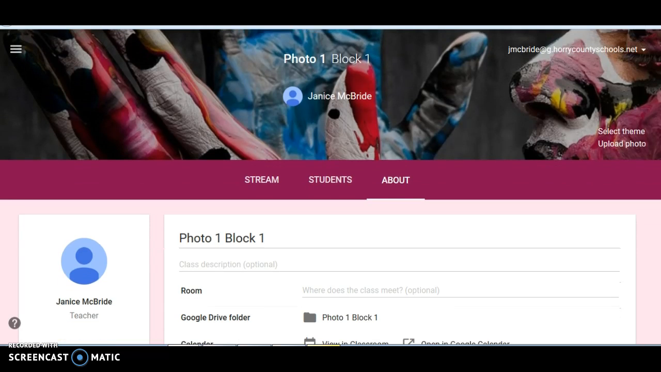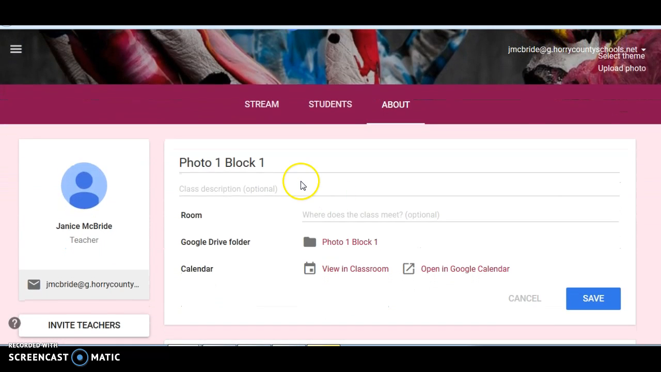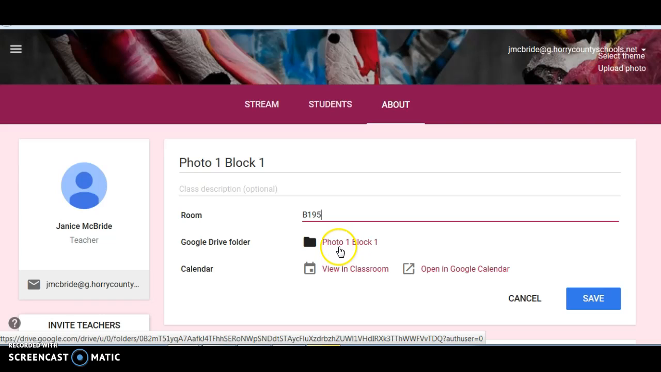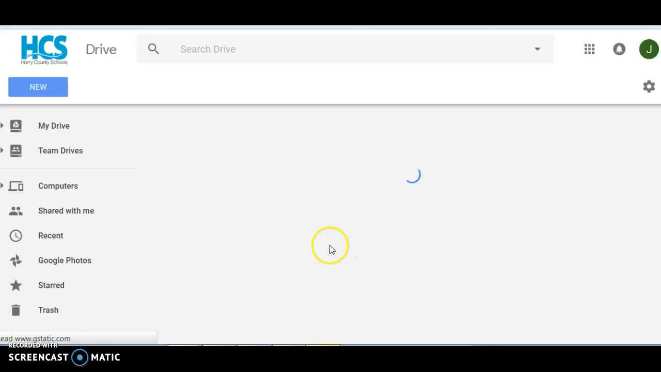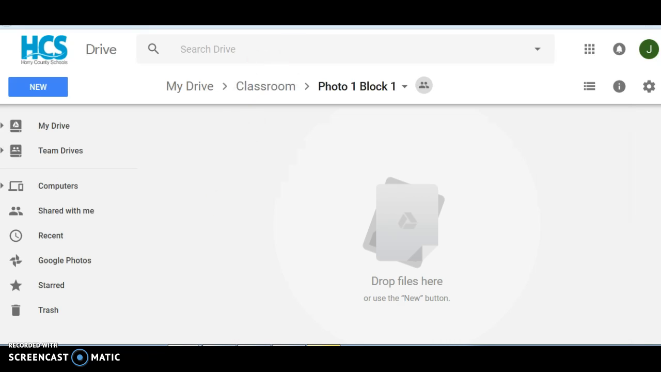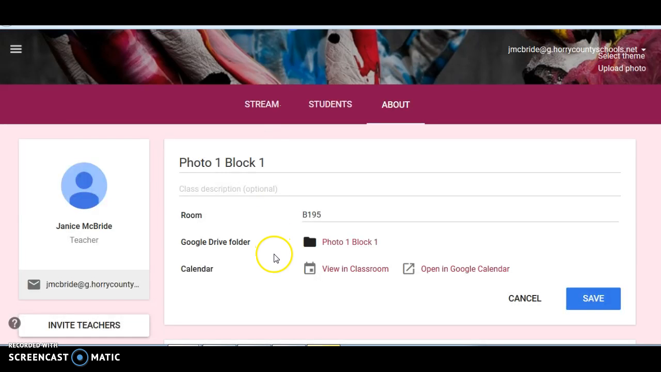Right here is the stream, the about section. So in here I can add a little bit more, add my class number if I want. It's telling me where all the assignments that my students create will automatically go into my Google Drive folder, Photo 1, Block 1. I can pull that up. Here's my school drive, and it's ready to go. So if we have an assignment on taking photos of different lines and shapes, boom, it's all going to be in that one folder. I can also see the calendar, and like when their assignments are due,